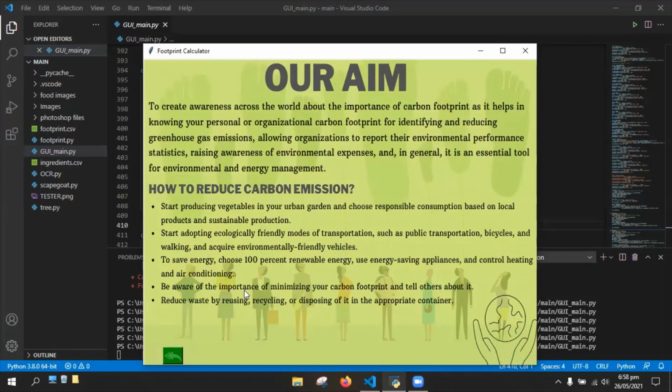and what amount of this consumption may be harmful to our environment. But for our implementation of this idea, we narrowed down the scope to food products only due to the data set constraint that we had. We could expand this scope with the availability of data sets for different items such as cosmetics and paints and other such items in future as well. Apart from that, we have also suggested some guidelines as to how the user of this application can reduce their carbon and water footprint in the about section.